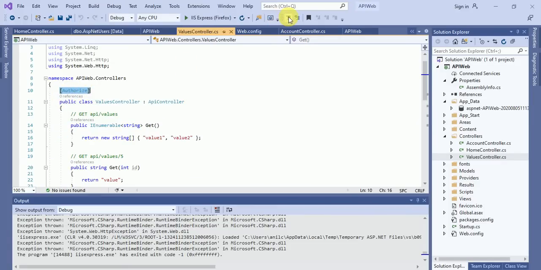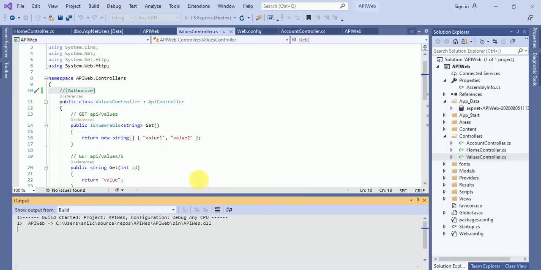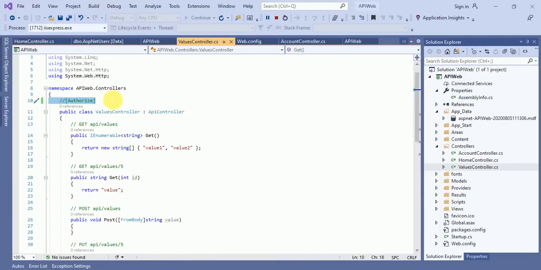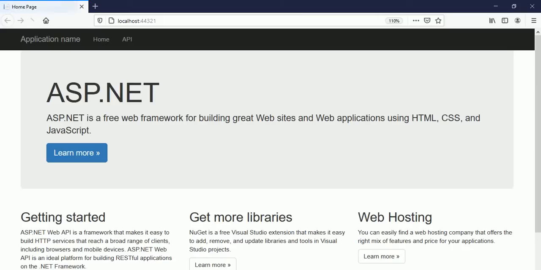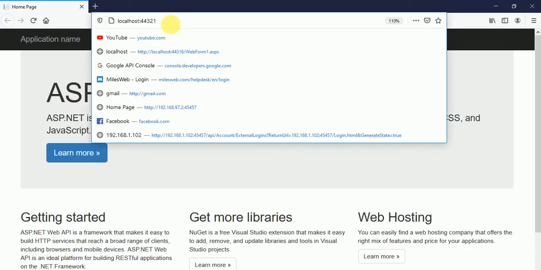If I comment it, then what will happen? So why are we using the authorize keyword? Because if we do not use the authorize keyword, then any anonymous user can access our web API without passing a token. Okay, so if that user is valid, only that valid user can access the data, otherwise an anonymous user cannot get the data. So that's the reason we use token based authentication in web API.